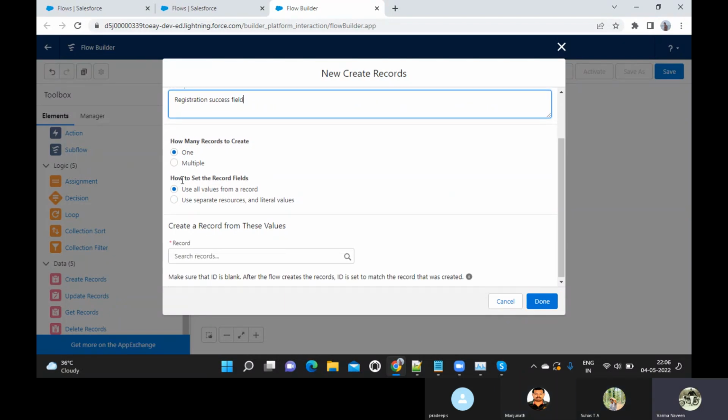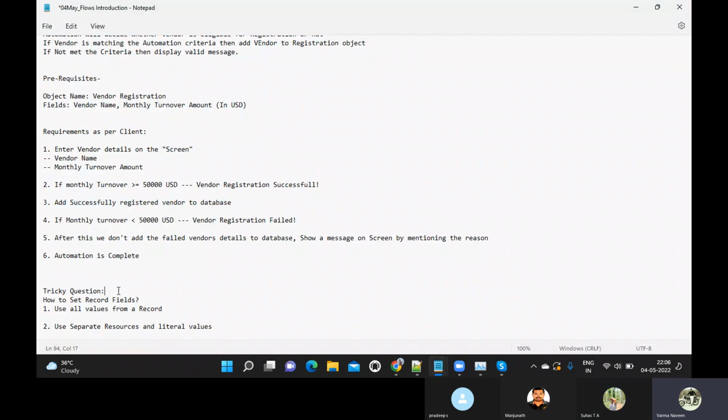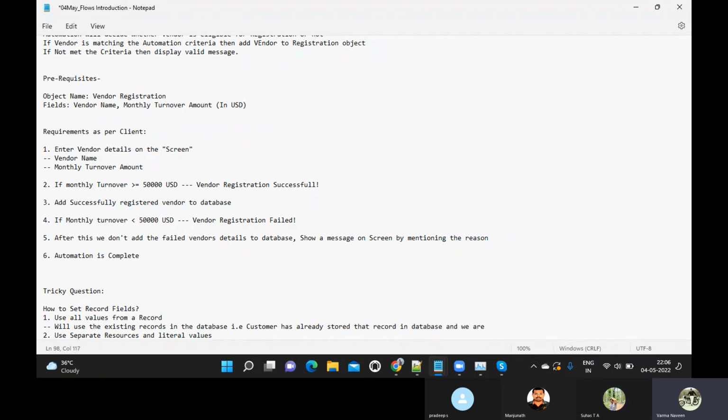That is fine. What is this? How to set the record fields? Use all values from a record. Use separate resource and literal values. What is this? This is some tricky interview question that we may not get because we are testers. But just for your information, the first option will use the existing records in the database. That means